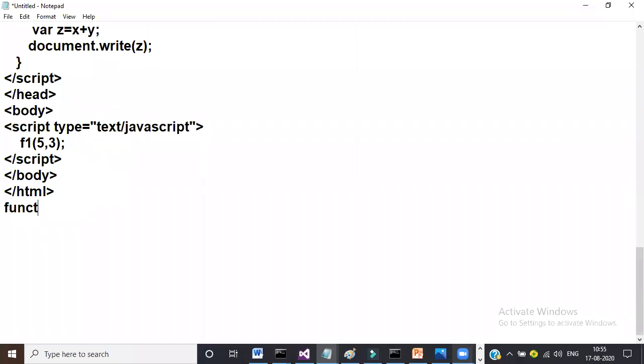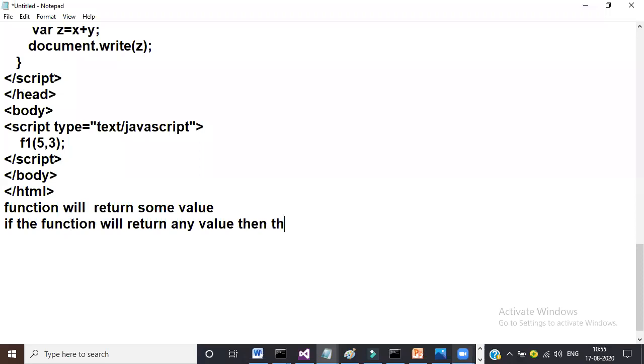Next, one more point. A function will have a return type, or a function will return some value. If the function returns any value, then the result of the function will be stored in a variable.